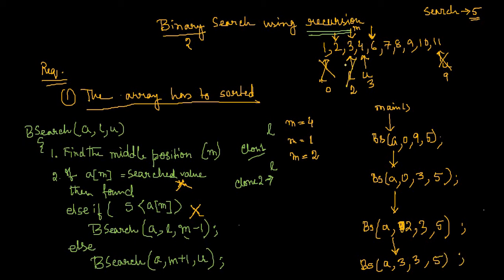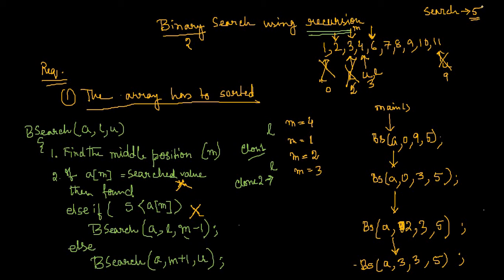Now see, L and U are basically pointing to the same location. I have only one part. Still, you see, I have only one data. It may happen that the data is present over here, the algorithm is thinking. So what will this algorithm do? A new binary search clone will get called, and when this is called, it will first find the middle one. What is the middle? See, U is 3, L is also 3. That means middle is 3 plus 3 by 2, that means obviously 3. Whatever is first is also last, that is middle also. So middle is 3.